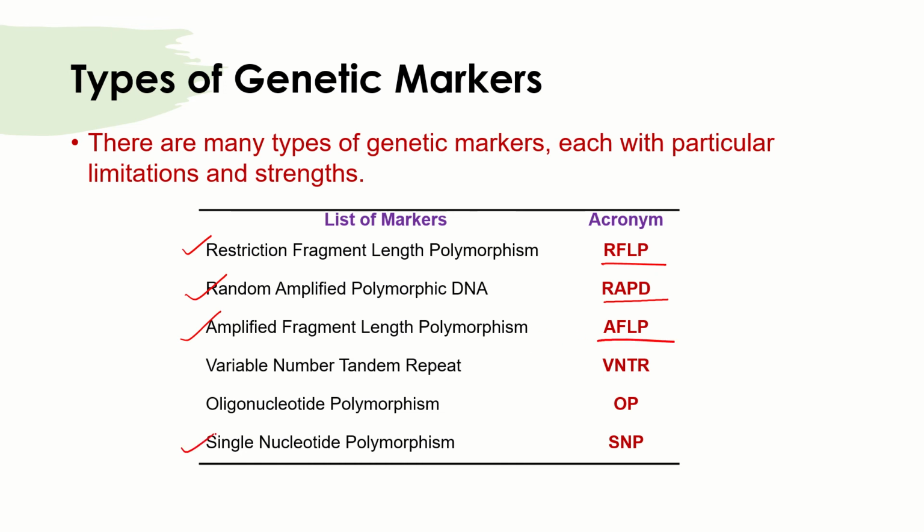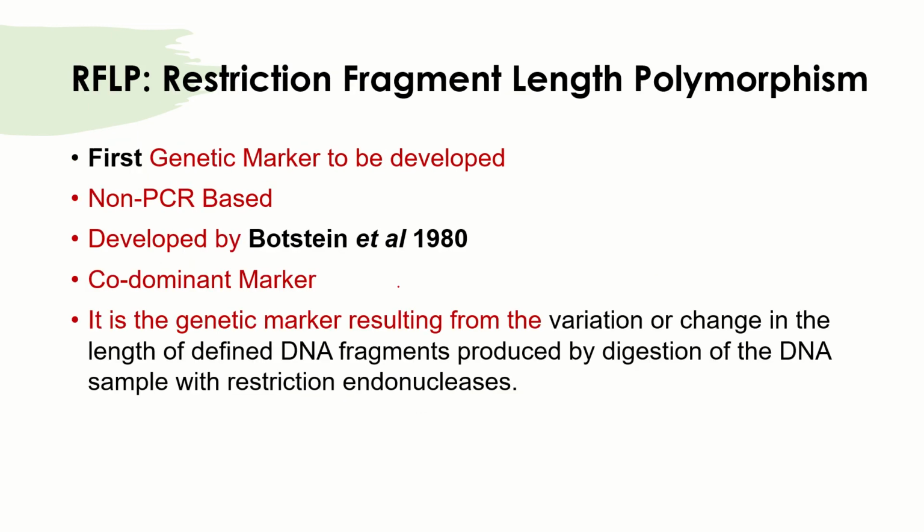Still, we use very common for the plants, for their betterment, for having hybridization experiments for raising improved varieties, that is single nucleotide polymorphism, SNP. Now in most of the cases, the name suggests itself what the technique will be and what criteria it is based upon. So in detail, we are going to discuss these first two categories, RFLP and RAPD.